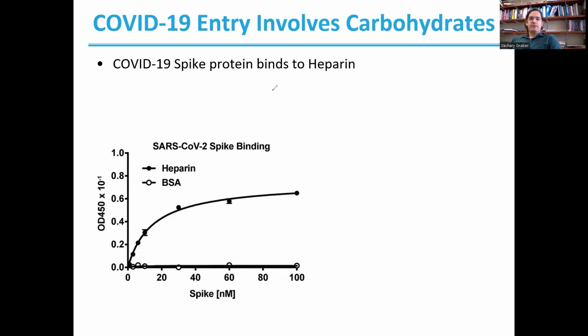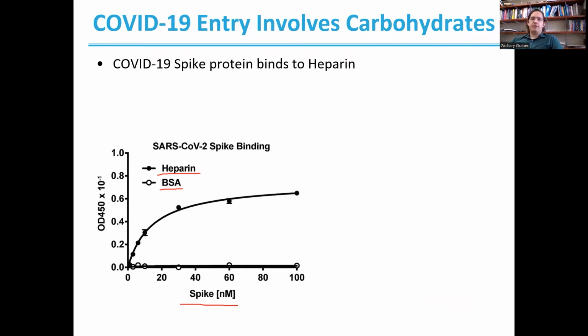This interaction was studied specifically using absorbance spectroscopy. So as you can see in the graph down here, they added different concentrations of the spike protein, and they looked at the absorbance after the protein bound to a surface that was coated with either heparin or the protein BSA. As you can see, our absorbance increases in the presence of the heparin as the spike protein binds to that heparin. So of course, we could use this to determine a KD, and actually look at the interaction between that COVID-19 spike protein and our heparin quantitatively.